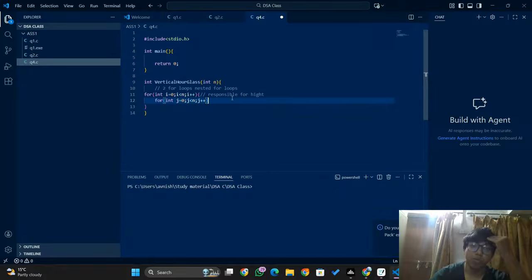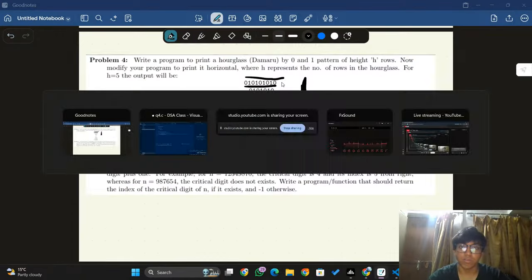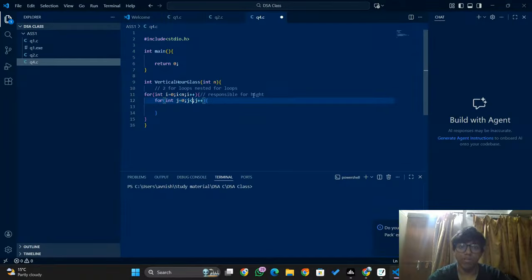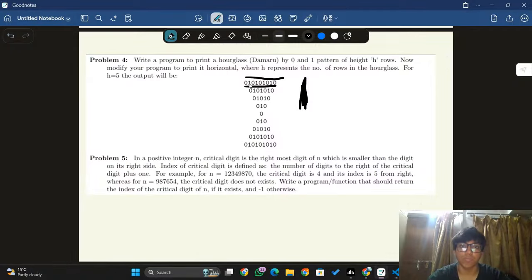So what I'm trying to do is that in i is equals to 0, i plus j, j plus j is not less than n. What is j less than? J is less than, if I am currently standing on 0, and this is my 0, then the number of elements should be